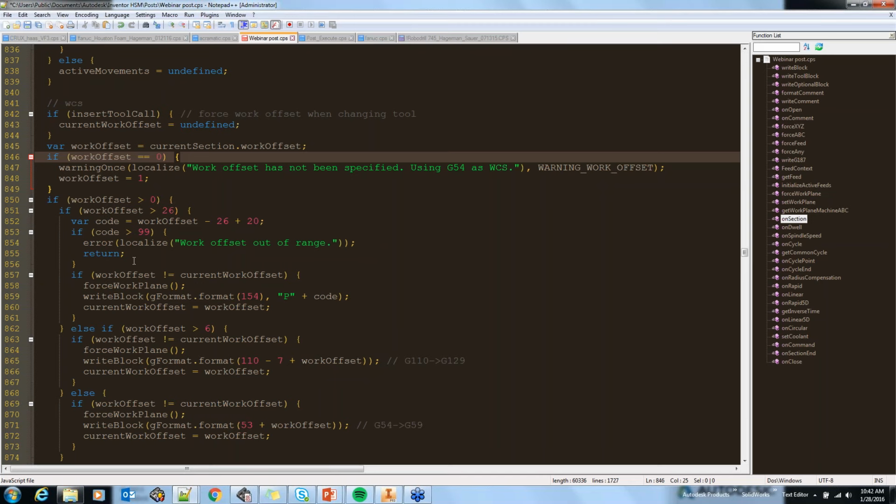If you don't want to try to write something from scratch, find a statement or a write block or something that's similar to how you want it to post, because more than likely there's something in there that can just be used and modified or tweaked a little bit. But one thing I wanted to do